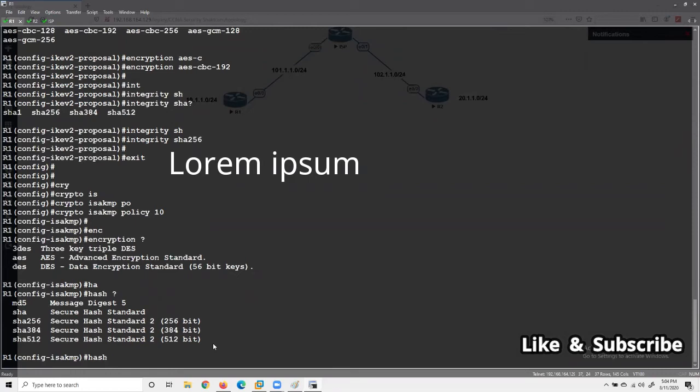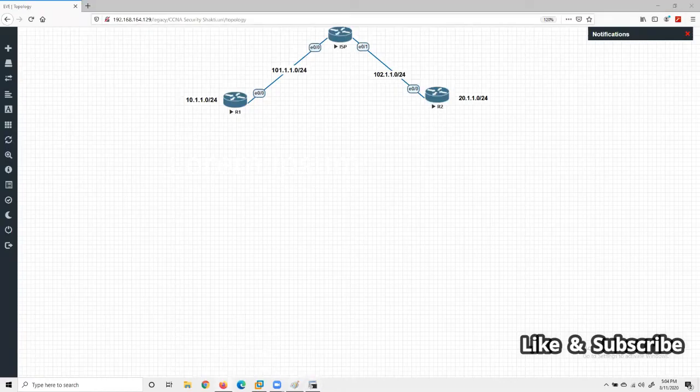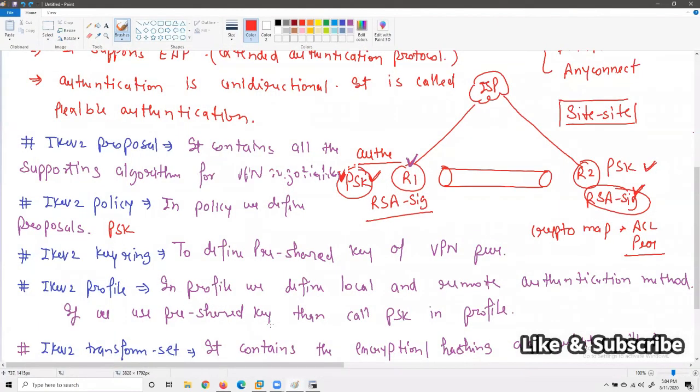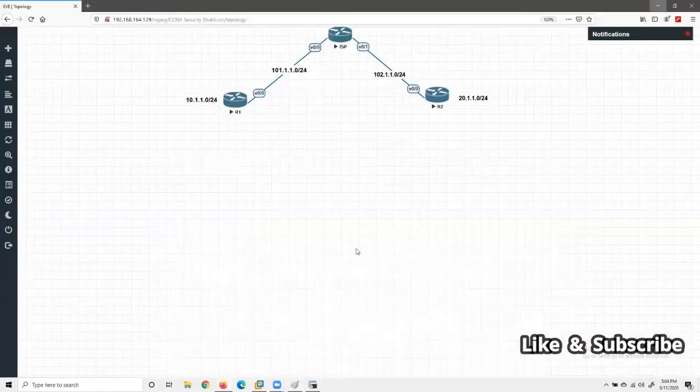And there is no phased configuration. I did not tell you that I am configuring this proposal in phase 1 and the transform set in phase 2, because there is no phased configuration or phased negotiation of VPN. There are no phases. They only modified the IKEv1 protocol to support Suite B encryption algorithms and to decrease the packets in negotiation. That's why all the purposes are the same. Both protocols are used for the same purpose.